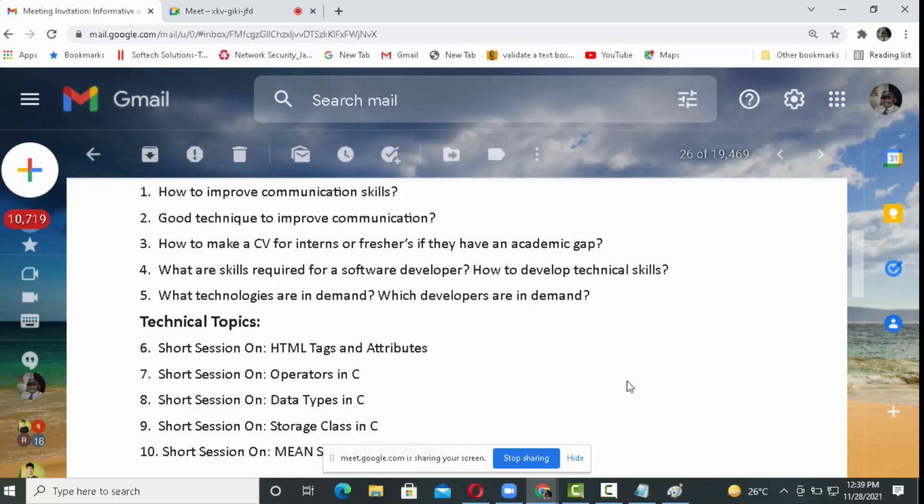What technologies are in demand? Which developers are in demand? What technologies means? Right now, obviously, web technologies and app technologies are in demand. Web technologies means, as we are discussing, writing the API architecture, and in front-end development, React, Angular. In back-end development, Node.js, Python,